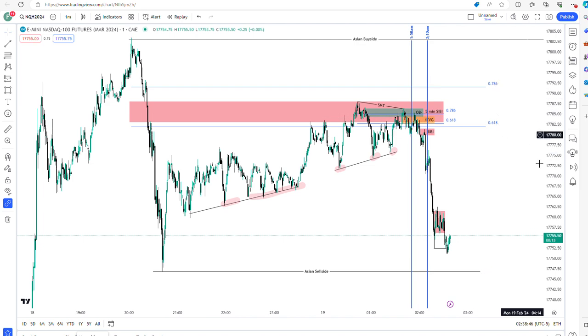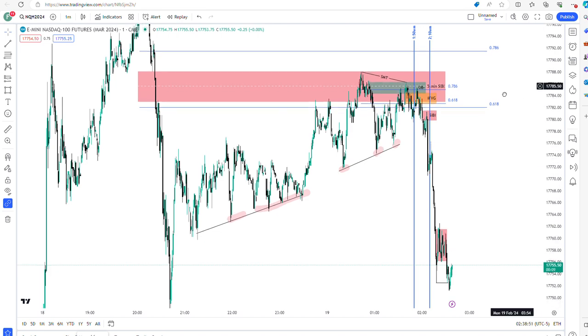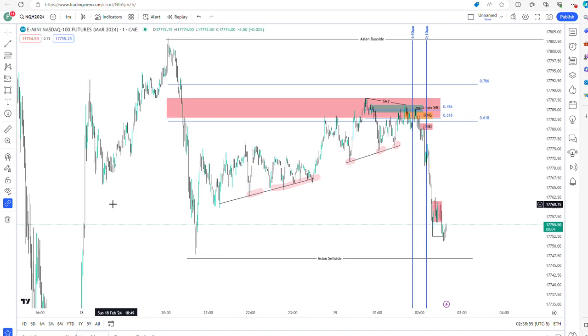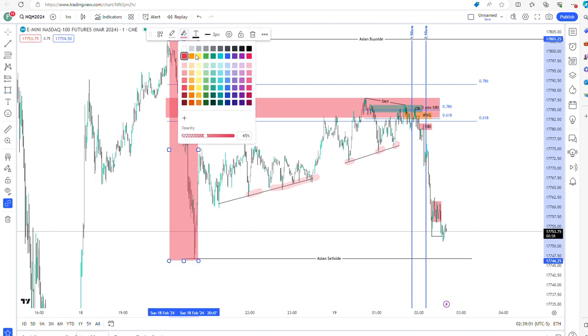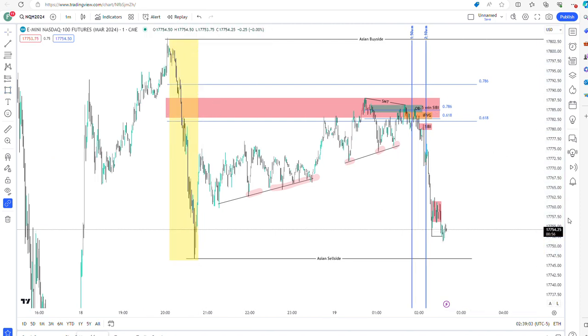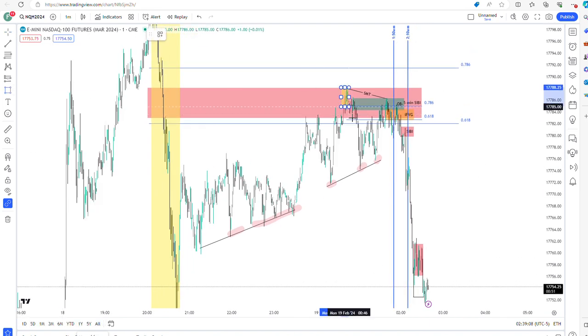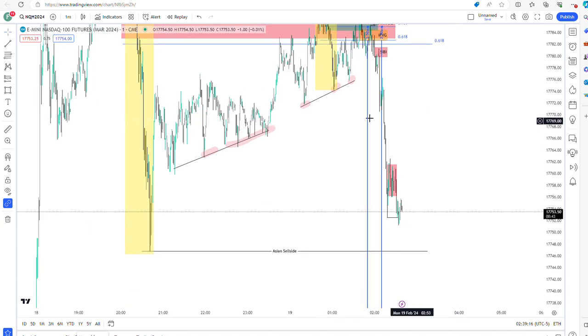Optimal trade entry. Now, I know people in my Discord love this. If you're watching from the Discord, you'll love this. We can use any price swing to get the optimal trade entry from. So we can use this whole price swing here, right? I'm just going to make that yellow. We can get the optimal trade entry from that price swing. We can also go from this price swing, right, and get the optimal trade entry of that price swing, which we've done here. So we've used OTE twice to frame the trade, plus a higher time frame perspective,